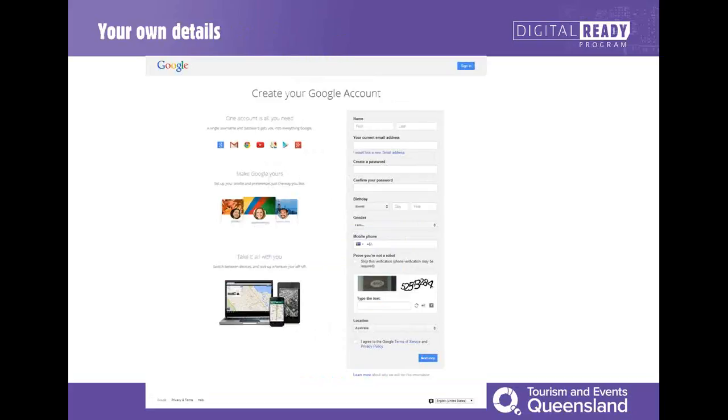Once you go in, if you haven't created one before, follow these prompts. Very straightforward, and just create it. Now, it does want your personal details in this first instance, and that's okay, because what it will want to do is have an admin status, so to speak. So it's much like Facebook, where you've got an admin status or a personal page set up, and then you create your business accounts with it, so that they've got an admin person following through. So through this stage, it's yourself, and then as you go through, it'll ask you then, do you want to create a page, and do you want to create a YouTube account? Then you can go through to the business side of it.